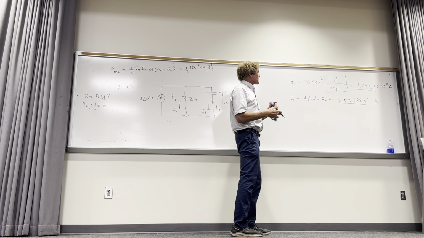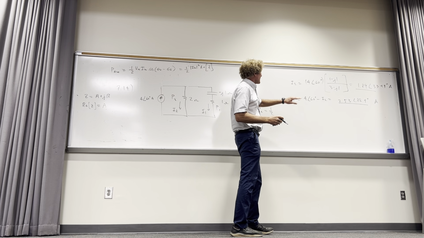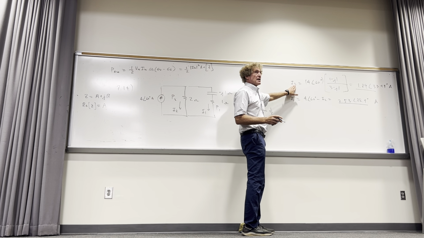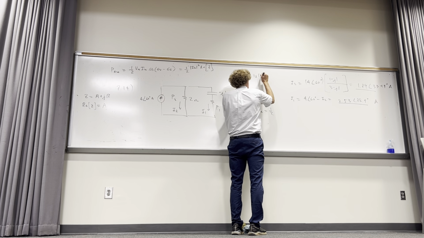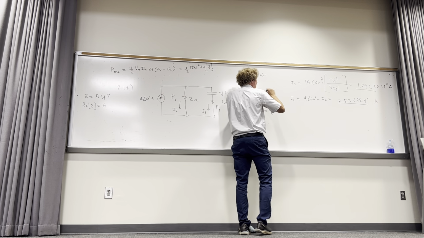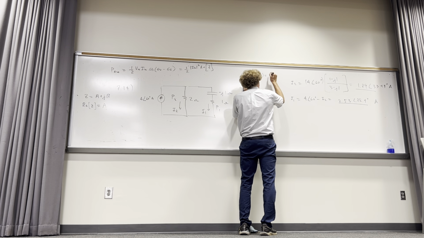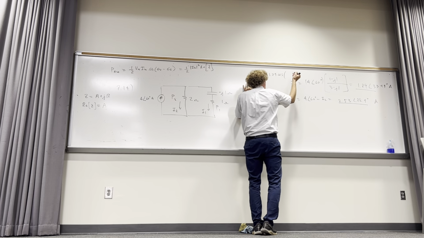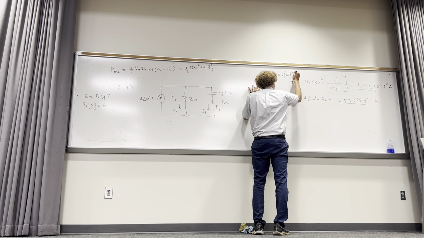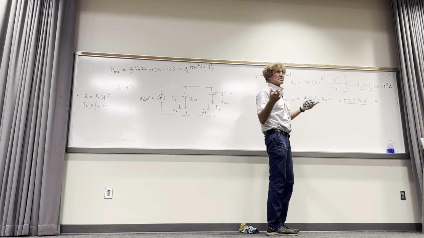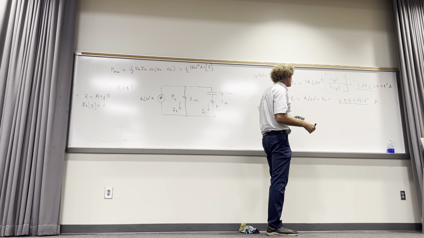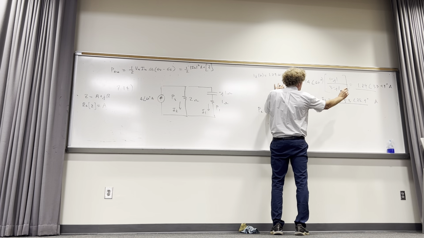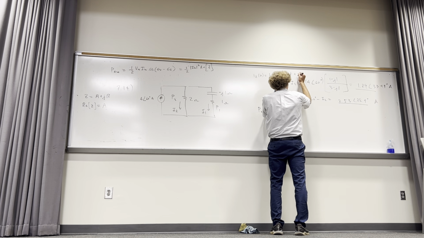So, as a matter of fact, just so everybody understands this, if I wanted the time domain form of I2, it would be equal to the magnitude, which is 1.79. Then it would be the cosine of omega t. He hasn't specified the frequency, so we'll just leave it as omega t. If we knew omega, we'd put it in there. And then it's going to be plus that angle, so plus